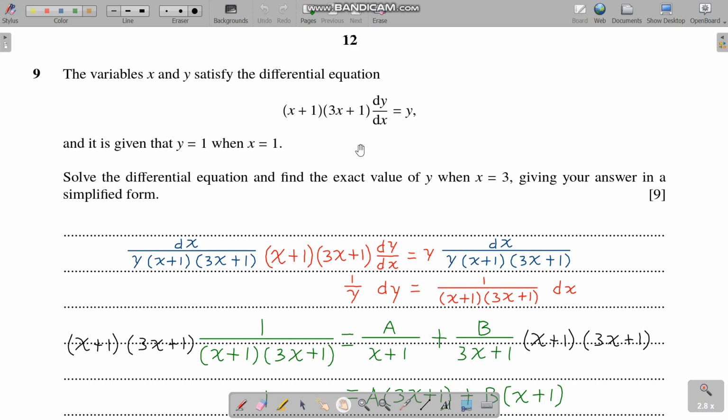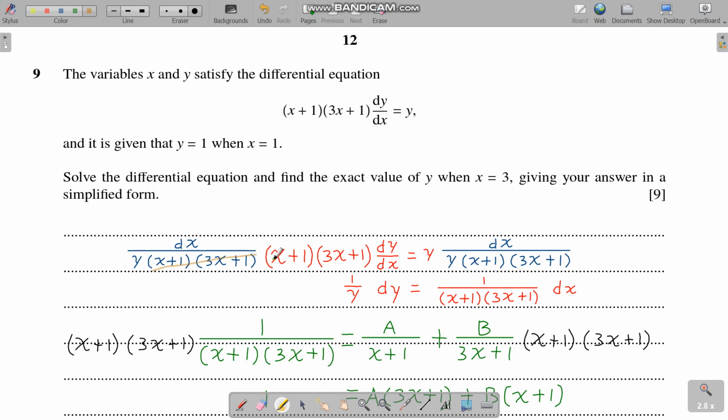Differential equation. Variables x and y satisfy the differential equation. y is 1 when x is 1. So we start by separating the variables, everything with y on one side, everything with x on the other side. We do that by multiplying or dividing by something. In this case, we multiply both sides by dx over y times (x plus 1)(3x plus 1), because